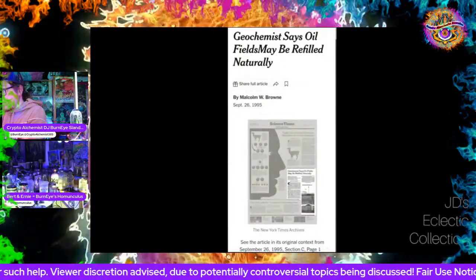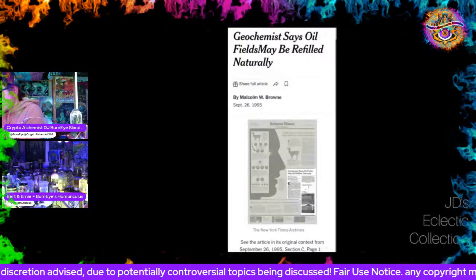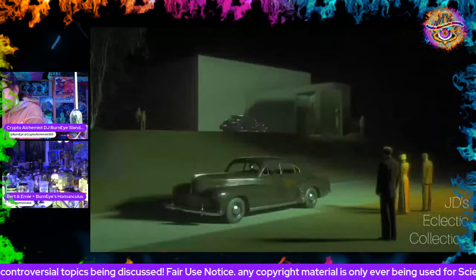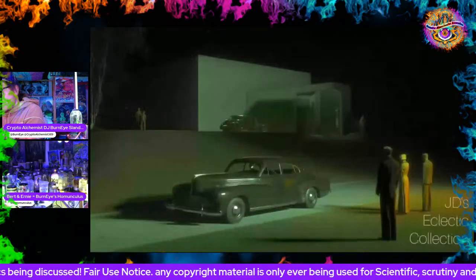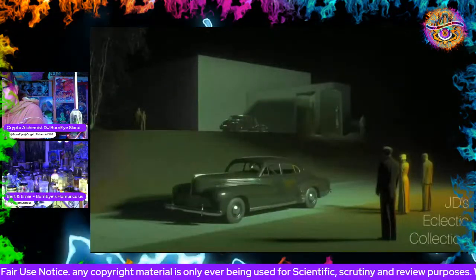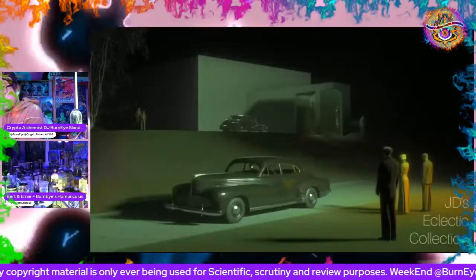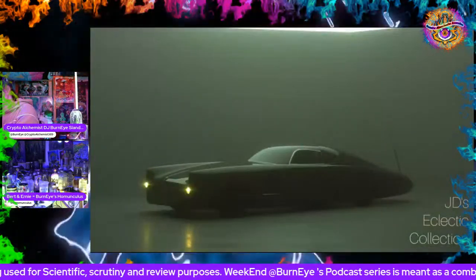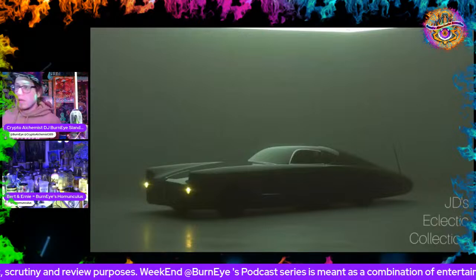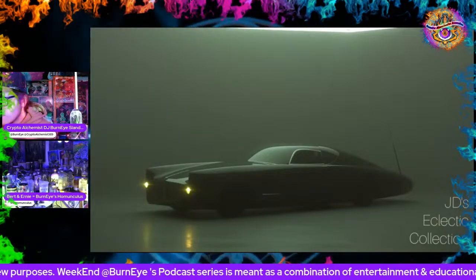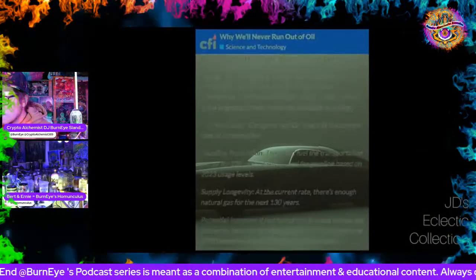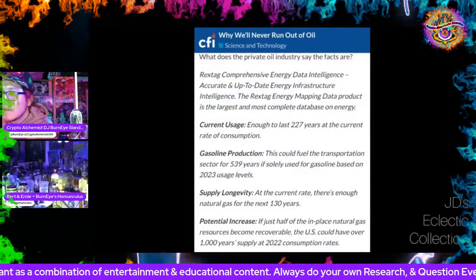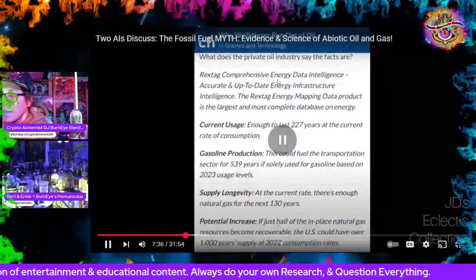But speaking of things traveling upwards from the mantle, what about helium? Doesn't the presence of helium in many oil and gas fields also lend support to the abiotic theory? Absolutely. Helium is kind of a unique element. It's chemically inert, which means it doesn't react with anything. It's like the lone wolf of the periodic table. I like that. The lone wolf element. So how did this lone wolf end up in oil and gas deposits? It seems out of place if oil is just decomposed organic matter. Exactly. The biogenic theory has a really hard